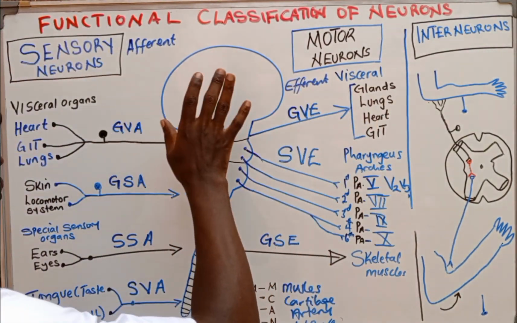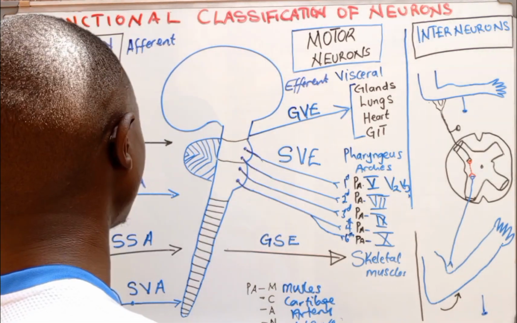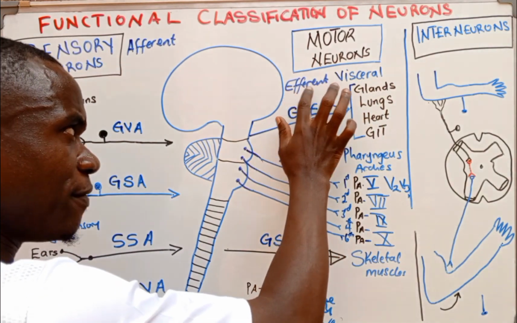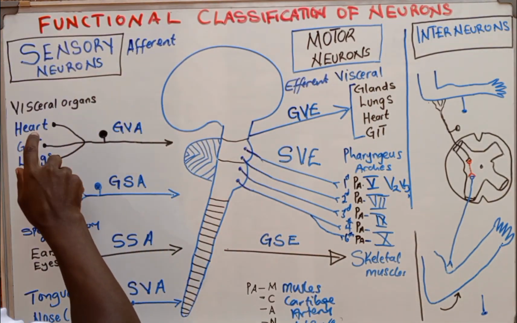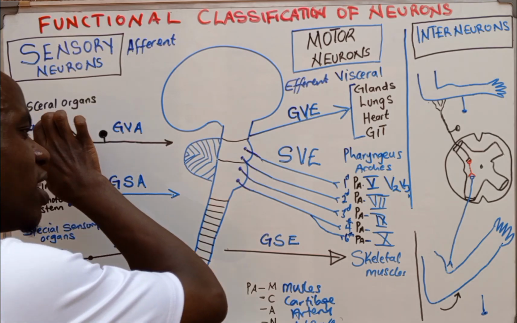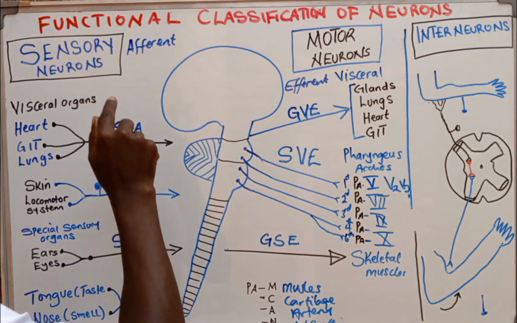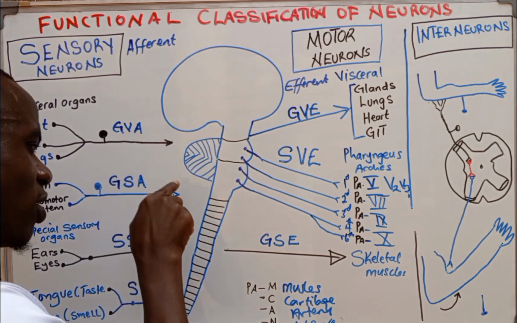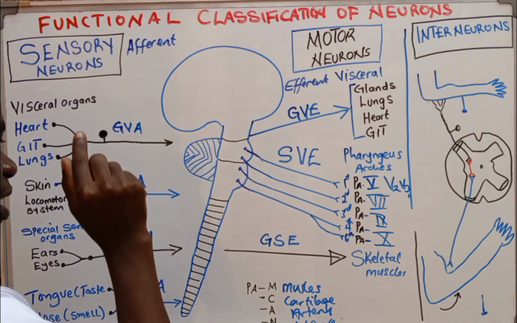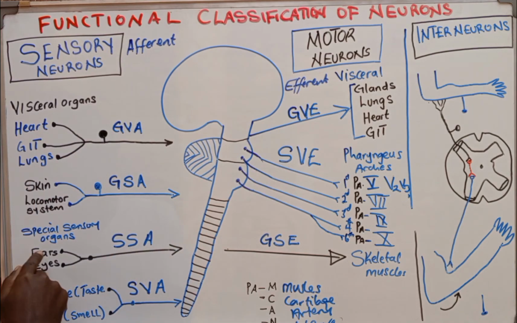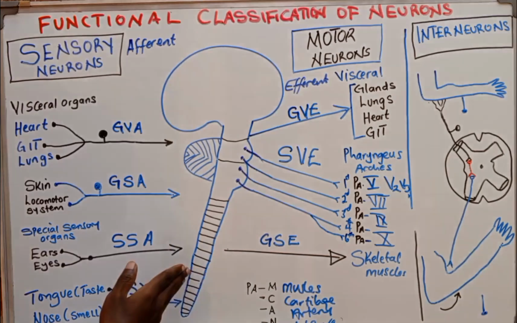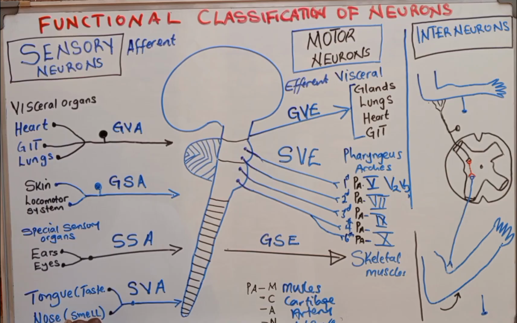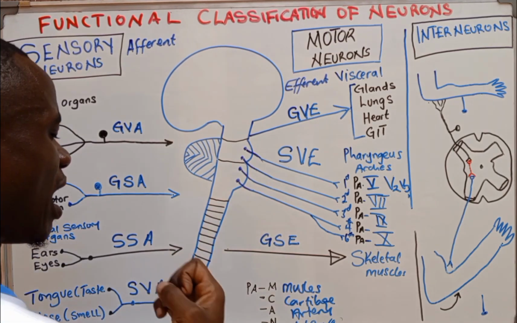this is the little information you need to know about the functional classification of neurons. We have said that we have the sensory neurons, which are also called afferent, and then the motor neurons, which are going to be the efferent. We have said that the sensation from the heart, the GIT, the lungs is taken to the central nervous system by the general visceral afferent fibers, and from the skin and the locomotor system, it is taken to the central nervous system by the general somatic afferent fibers. From the special sense organs like the ears and the eye, it is taken to the central nervous system by the special sensory afferent fibers, and for the sensation of taste and smell, it is the special visceral afferent fibers, and then